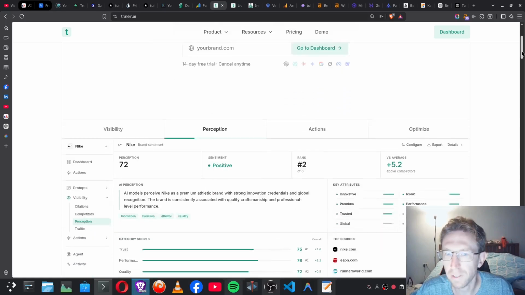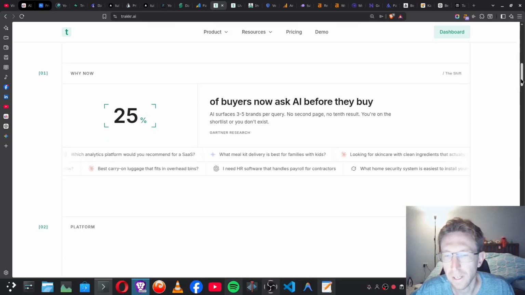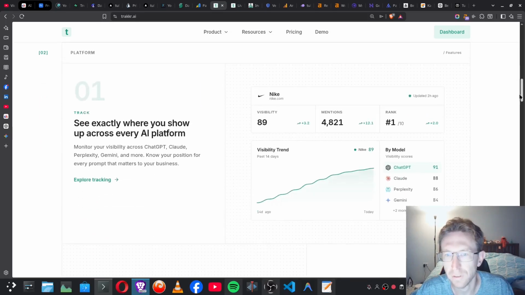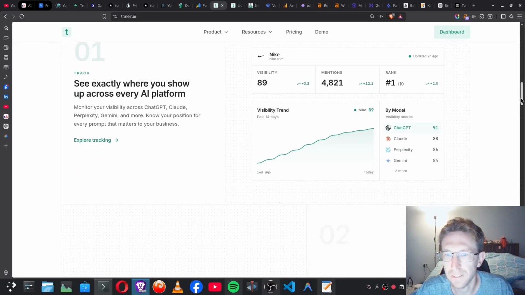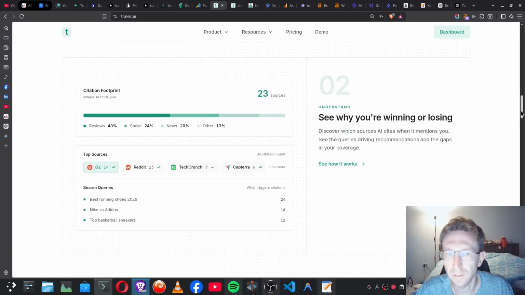So this is one of the best platforms that I've found so far in order to not only track the number of AI crawlers that are visiting my site, but also show where I'm showing up in the results on different LLMs, in addition to citations and my overall visibility. So if you're excited to learn how to optimize your site for GEO, Generative Engine Optimization, this is the tutorial